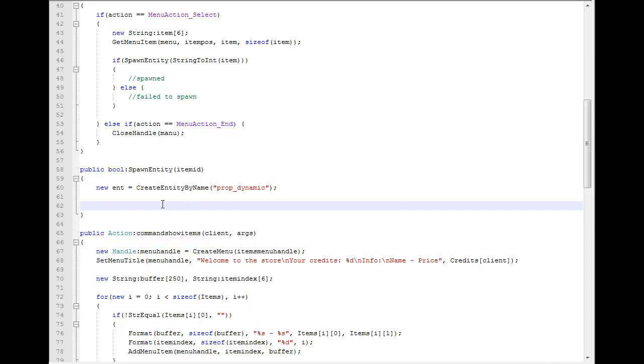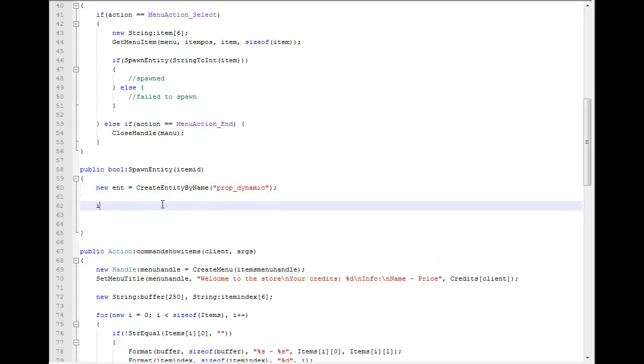Alright guys, I always forget about this function. I don't know why. I always forget the name. It's dispatch key value. So once we have this create entity by name, we want to dispatch key value,